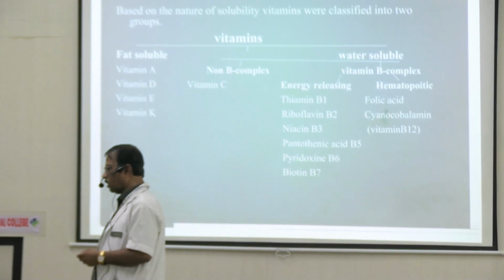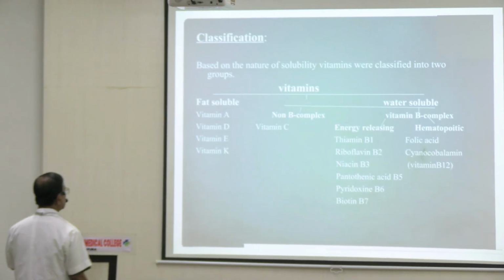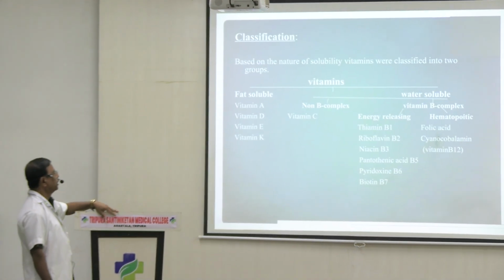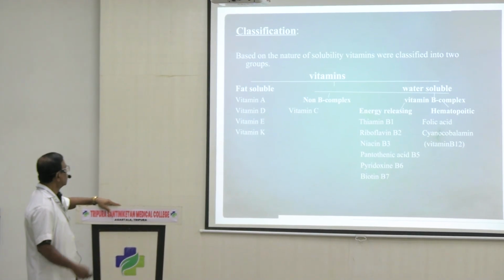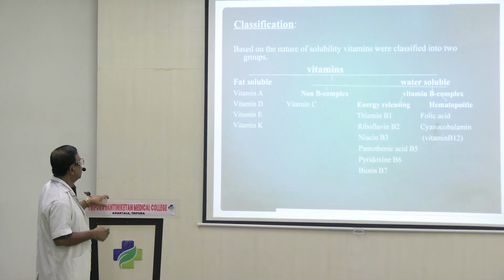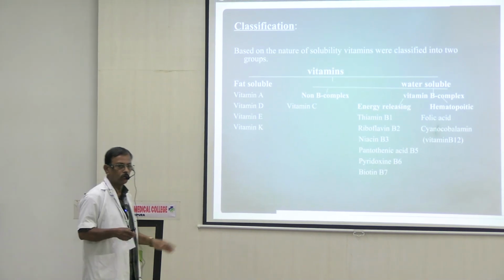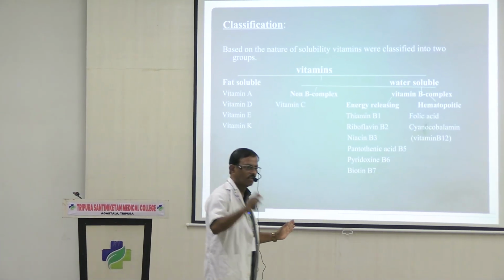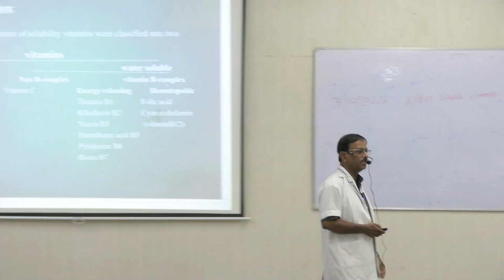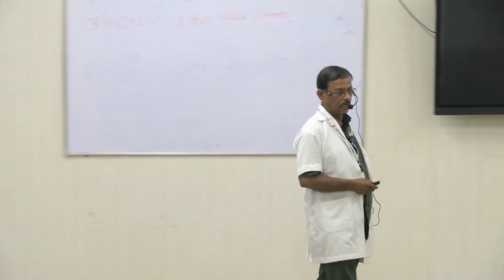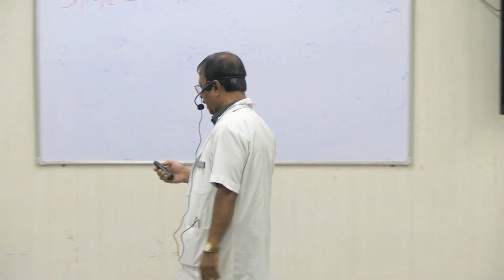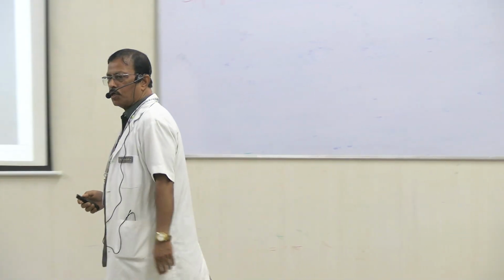So, classification of vitamins. Based on the nature of solubility, vitamins can be divided into two types: fat-soluble and water-soluble. Fat-soluble vitamins, you already know. Tell me. Okay, you can see from here itself, ADEK. And water-soluble vitamins can be non-B complex vitamin